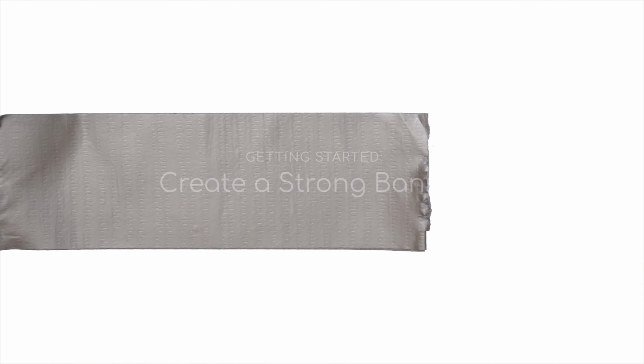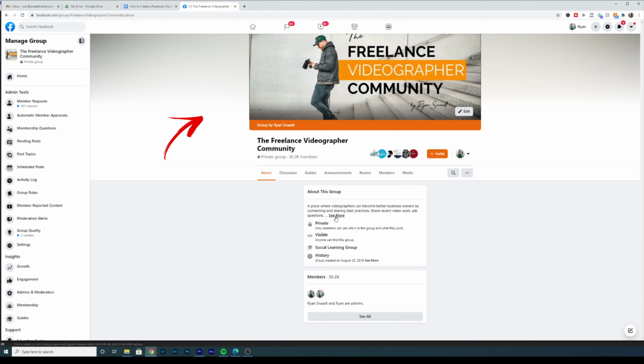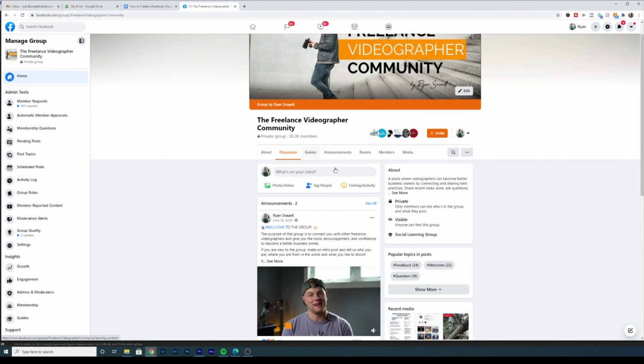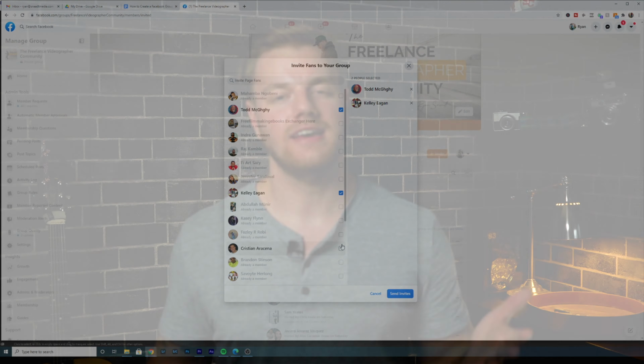Next up is to create a colorful, eye-catching banner. So between this banner image and the name of your group, those are the two things that people have to look at when they're not a member and decide if they want to follow it, join it, or otherwise engage with that group. Once you've built the page, you've named it, you've put in a really cool looking banner, then you're gonna start inviting your friends and family that fit into that niche or group that are already on your Facebook friends list. And then finally, you're gonna link it to your website, on Reddit, YouTube, and any other places that you can to get people to go to it and follow or join the group.